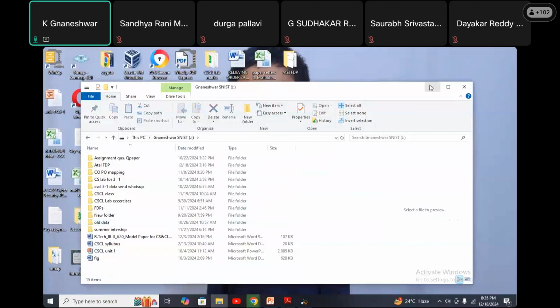Now the screenshot is deleted, and now open the Autopsy tool. One more time, click on Deleted Files, then the All Files option. Now search here for the screenshot.